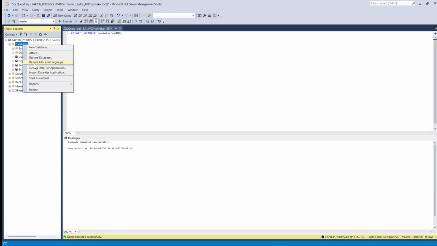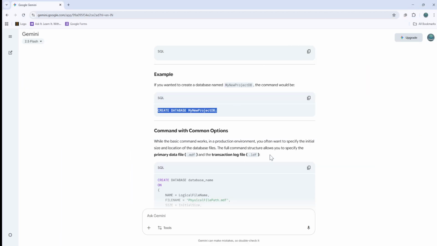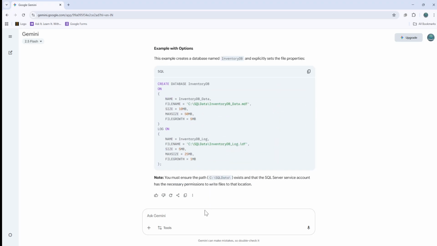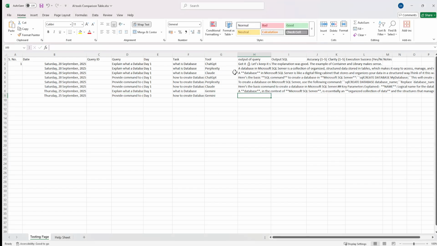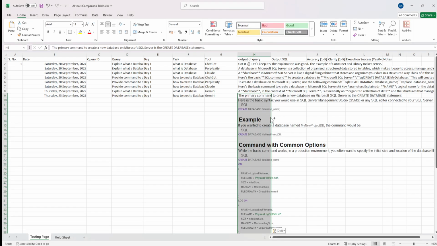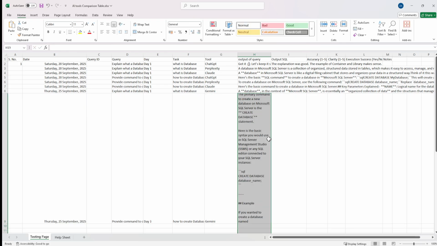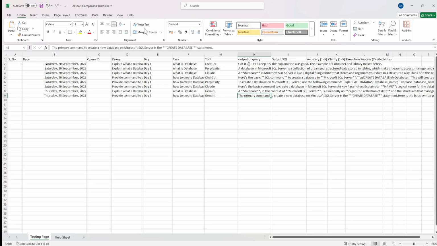Refresh it here, and I see my database being created with that command. So we are good till now. All the commands that we have seen are working, and I'm going to copy this and paste it in the Excel. Oh, okay, not like this. I'll just go into this and then paste it and then change the word wrap so that it remains there,